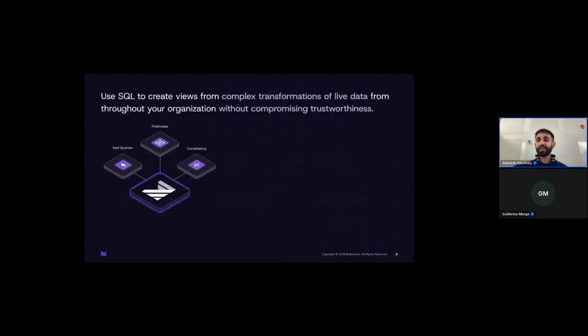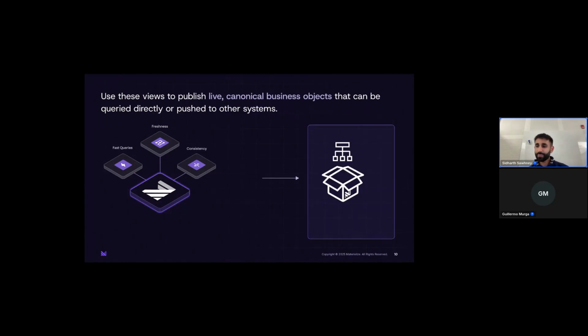So that's exactly what Materialize is trying to solve, to be that system that can provide those live data products for businesses. Really what's great about Materialize is that you can define all of these views of your business that then make up a live data layer. And these views can also be known as live data products. And these data products are stable and they're written in code, most importantly.